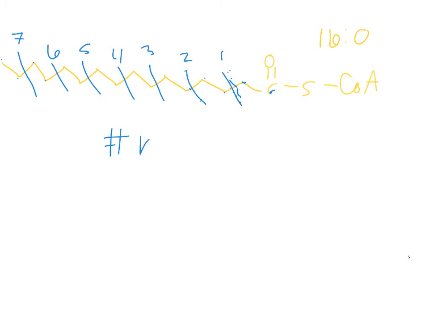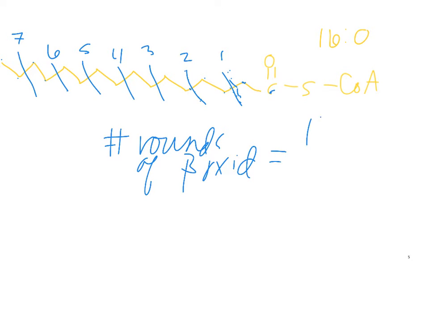So number of rounds of beta oxidation equals the number of carbons divided by 2 minus 1, because the very final round you get 2 acyl-CoAs out instead of just 1, because we have 4 carbons. You cut that in half and you get 2 acyl-CoAs,